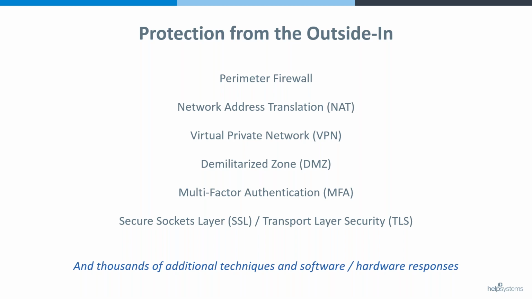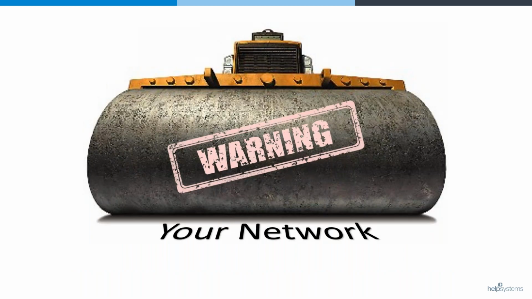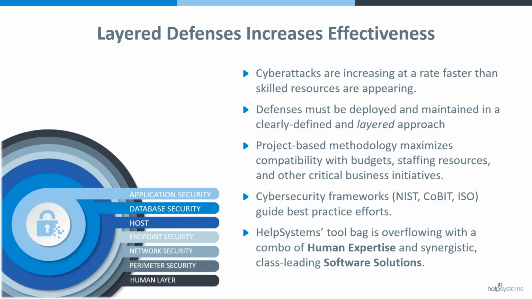And there are lots of other additional techniques, lots of other tools that are available in order to assist with this outside-in technology. But at the end of the day, what you want to ensure is that you don't have what we call a flat network. A flat network is where we have a single defense around the perimeter and then really nothing much beyond that, nothing inside. Rather than the flat network, we want to have what we call layered defenses, where we're building out kind of a mesh of controls and procedures that are designed to help slow the bad guy, but still effectively allow people to do their jobs, access the systems and applications and services that they need,